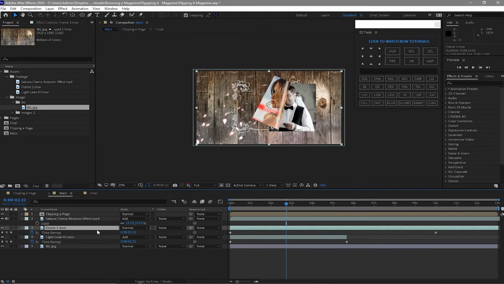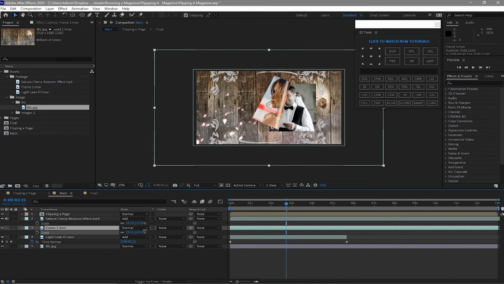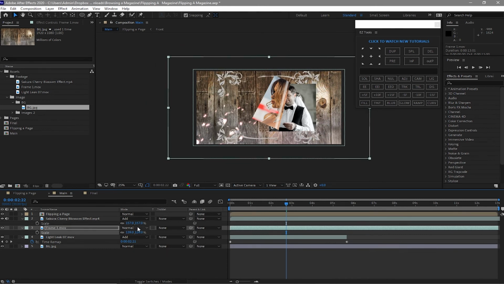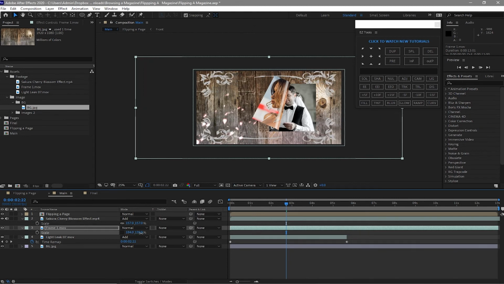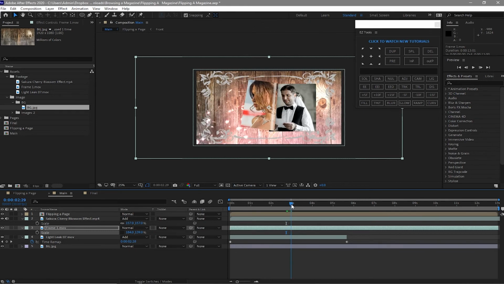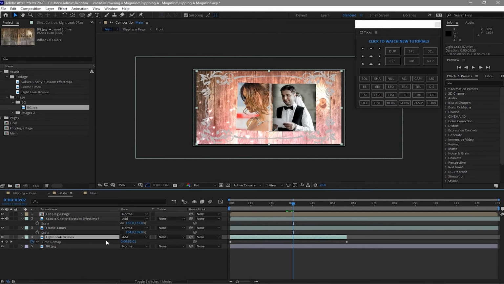So I have to click S on my keyboard, resize it, and then unlock this one so you can move a bit wider. And then I will change the opacity on the light leak by clicking T. I want it 50%.